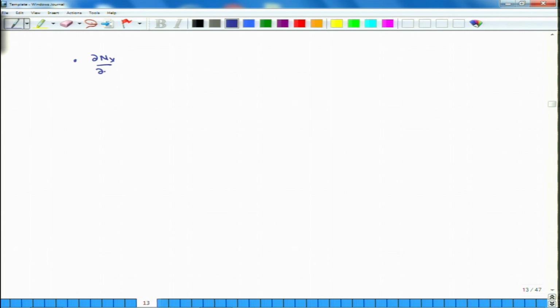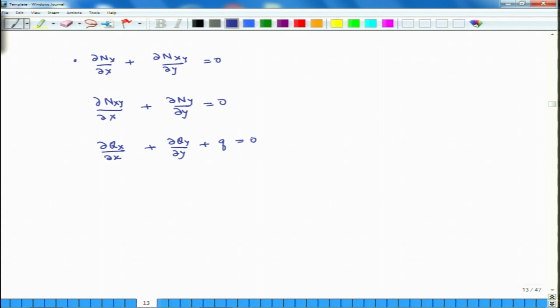Del nx over del x plus del nxy over del y equals 0. This is for the x equilibrium for forces. Then del nxy over del x plus del ny over del y equals 0, because nxy is equal to nyx. This is the second force equilibrium equation. The third equilibrium equation is del qx over del x plus del qy over del y plus q equals 0. And then we have the moment equilibrium equations, del mx over del x plus del mxy over del y